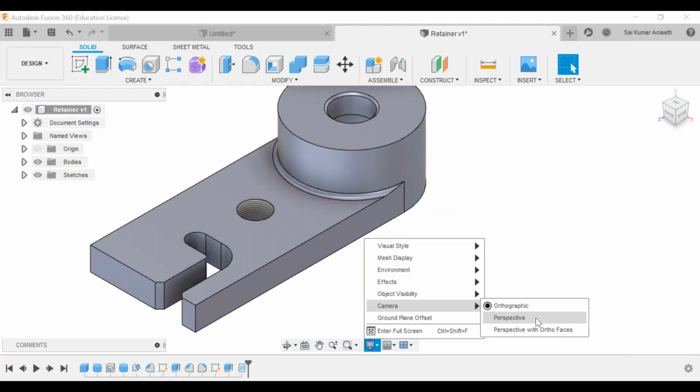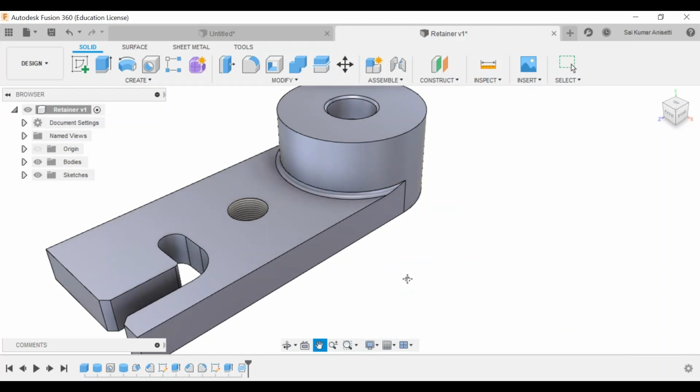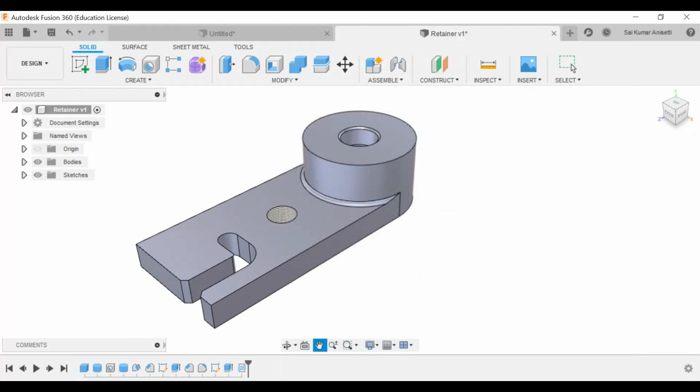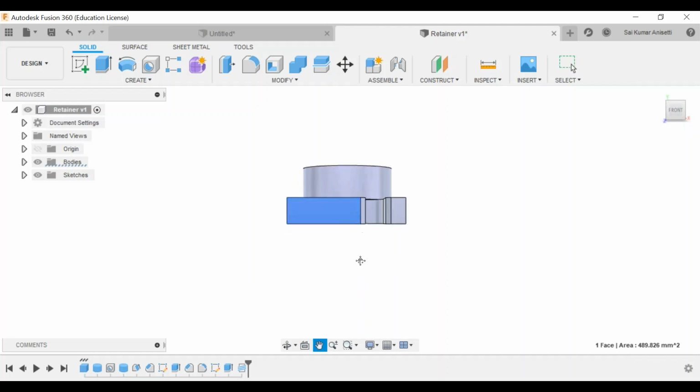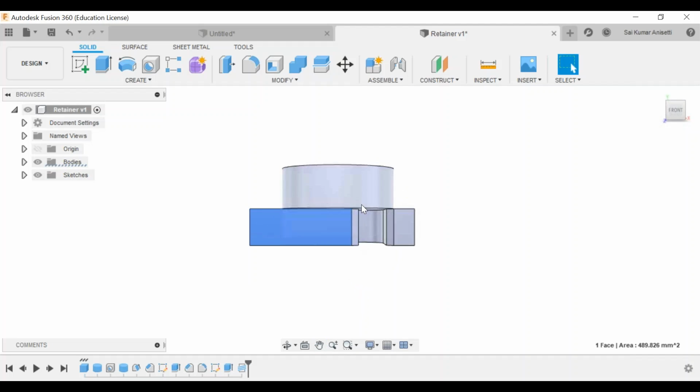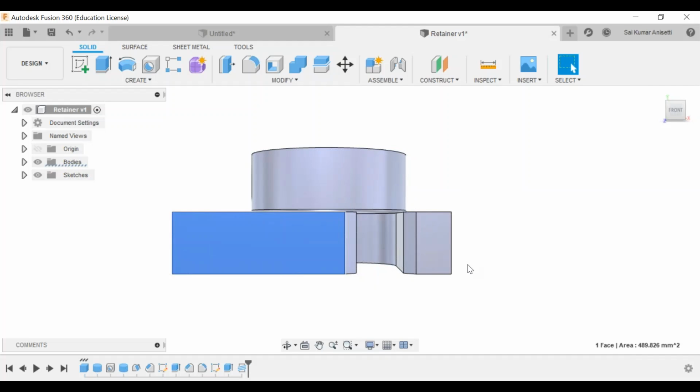See, if you click perspective, see how the object has been changing. This is how you actually do it. Now if I click normal to the window pan, sorry, look at, see, clear. This is how my object looks. Our vision is perspective. This is a real 3D object, how it actually looks.